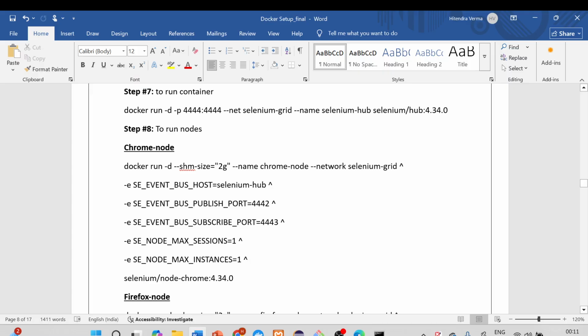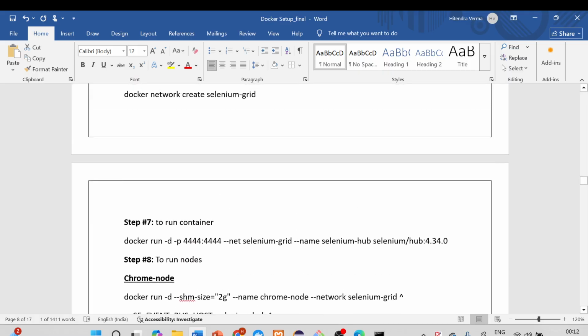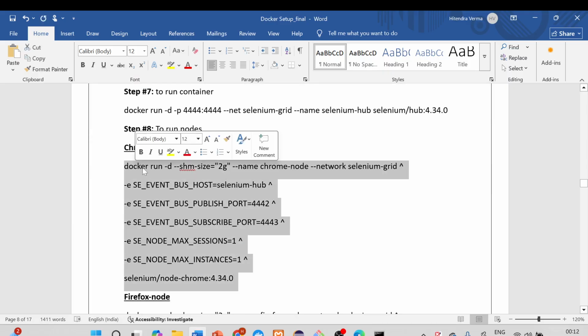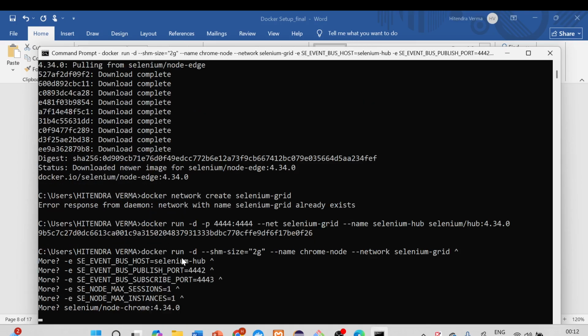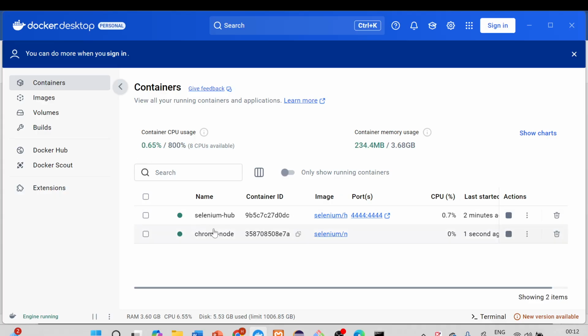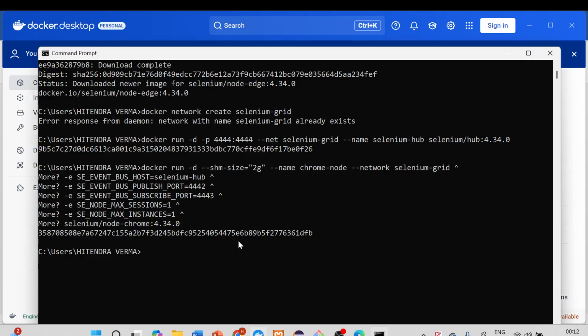So simply, and this is the name of our hub, the image which we have created on top, this is the same name which we have given over here, right? So simply copy this command